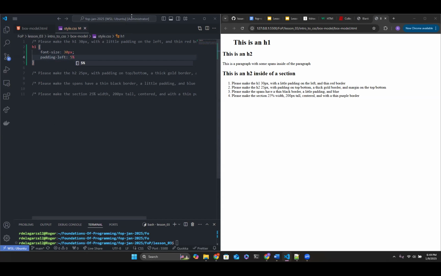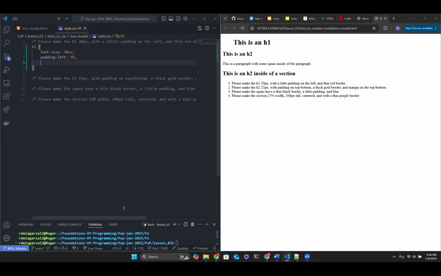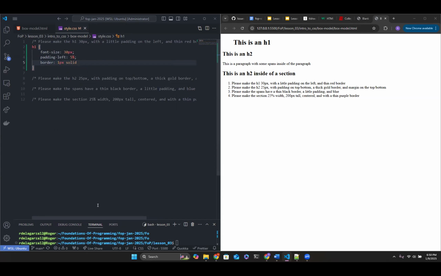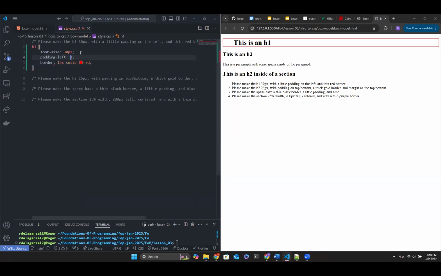There we go, 5%. You see that it moved a little bit. And we have to add a thin red border. So we'll say border: 1px solid red. And you kind of already start seeing how that's working here. Let's manipulate the padding on the left to 50%. And we see here how that moved.